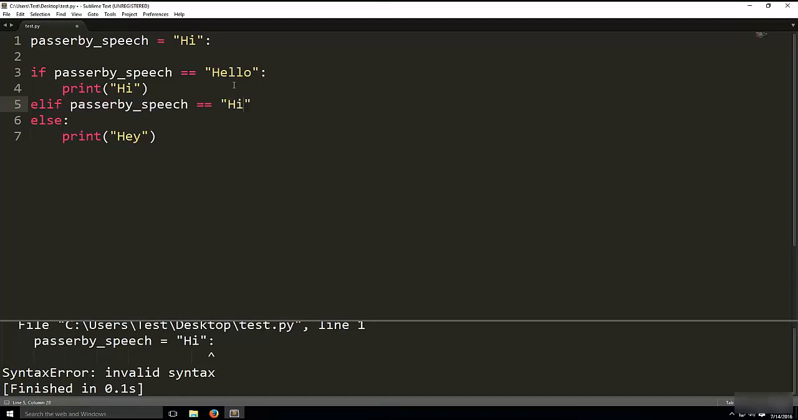So as I put before, it says hi, and we're checking for this condition. Alright, hi, and when it says hi, we print hello. We don't want to sound like a parrot, so we say hello. Alright, and this is pretty much how it works. We have if, which checks if passerby speech equals hello. Since it's not, it goes on to the elif statement, which is hi, and that checks out, so it's going